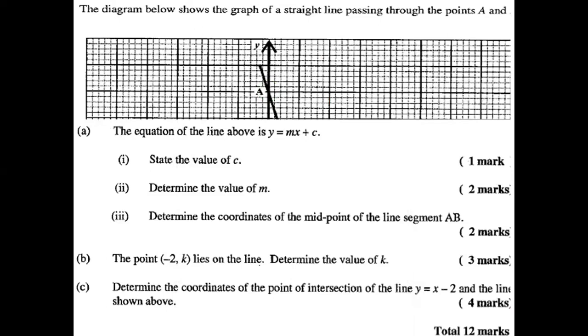The other 2 parts of the question, however, are something worth paying attention to here. They're asking us, the point minus 2, k lies on the line. Determine the value of k. Naturally, at this point, the minus 2 is the x value, the k is the y value. They have already given us that the equation is y equal mx plus c, and we know that the x is the minus 2 here, the y is the k here, and we already know the gradient. We just found